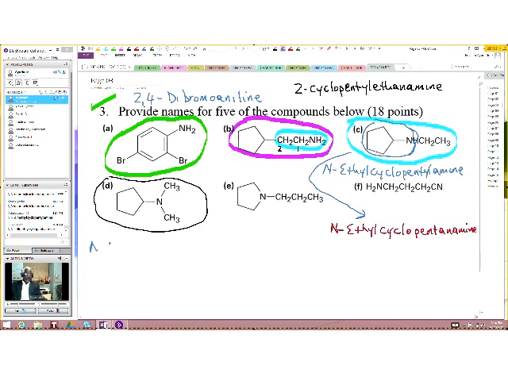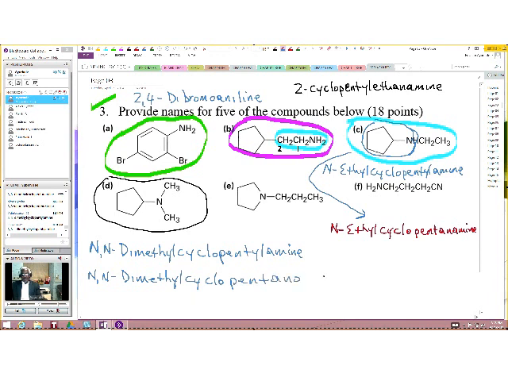So this becomes N,N-dimethyl, because you have two methyl groups attached to nitrogen. So you say N,N-dimethyl. Then you give the base name, cyclopentylamine. Or you could use this here, N,N-dimethyl cyclopentanamine. Okay, both of those will be acceptable. Okay, finally,